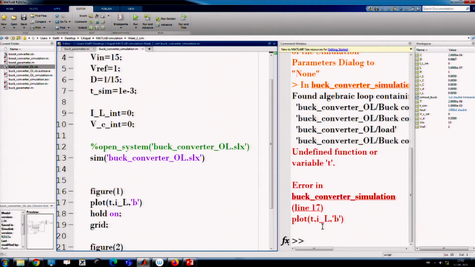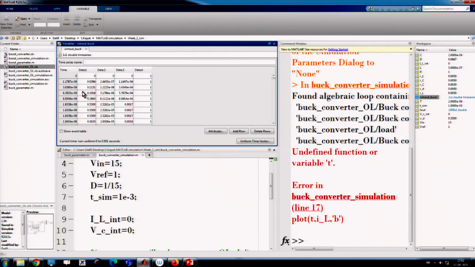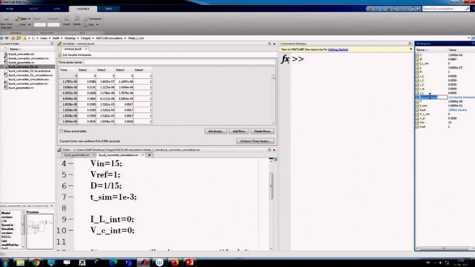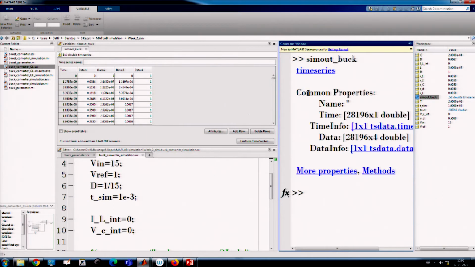So, how to get this time? It will show an error because it does not have the time. Now, what is there? The same buck we have stored. If you go inside, it has one time vector. That means, if I write, just a minute, SimBuck. So, SimBuck has one time vector and the data is a structure. That means each data has 4 columns and each column has many elements that correspond to the values of that particular signal at different time instants.